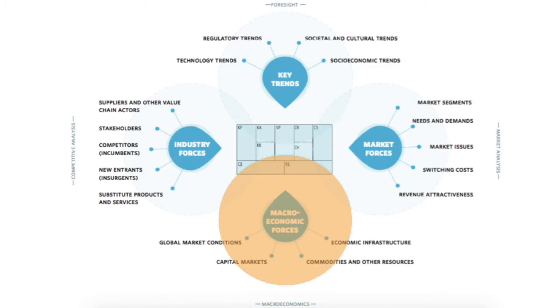Commodities and other resources refer to commodities like oil and resources like labor. How easy and at what price is it to obtain what you need to execute your business model? How dependent are you on specific commodities and resources? For example, if you are a rechargeable battery producer, then there are certain key rare earth metals you require that are quite scarce. You can combine this with technology trends. For example, are there technological developments which mean that these rare earth metals will be less important through a different